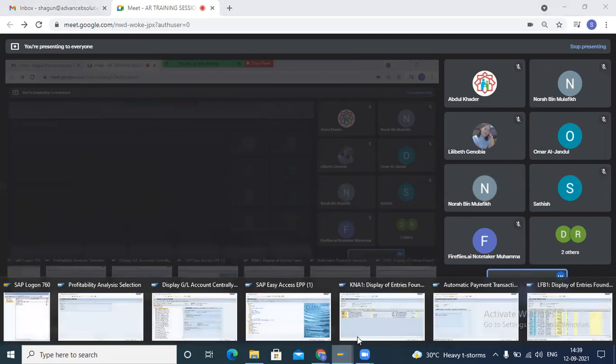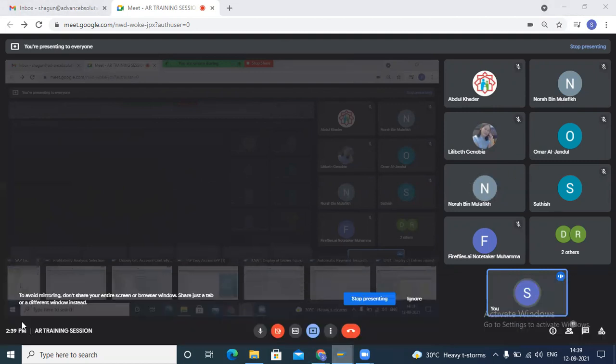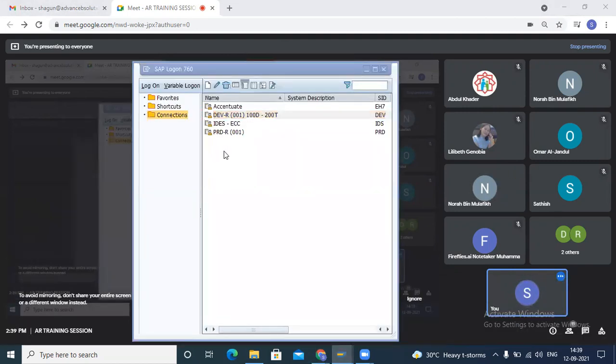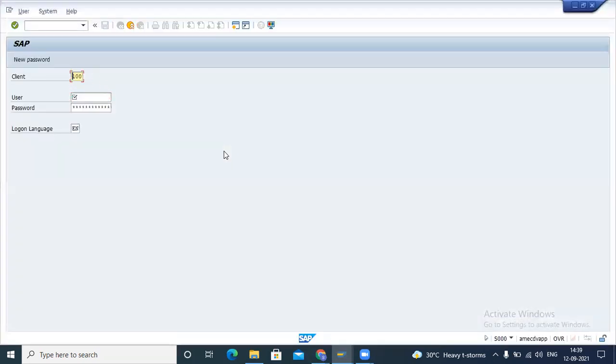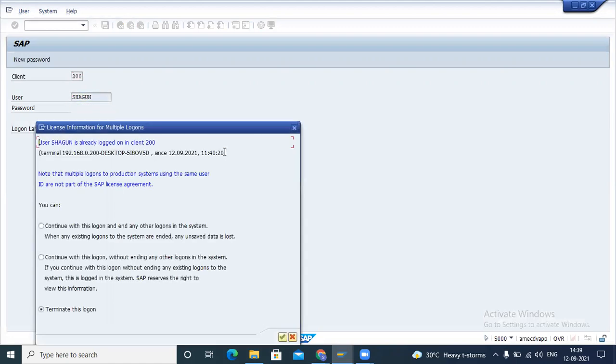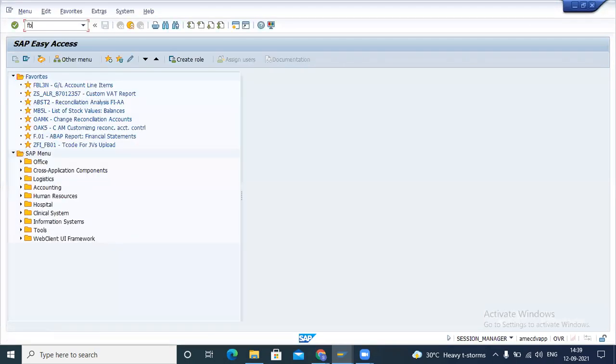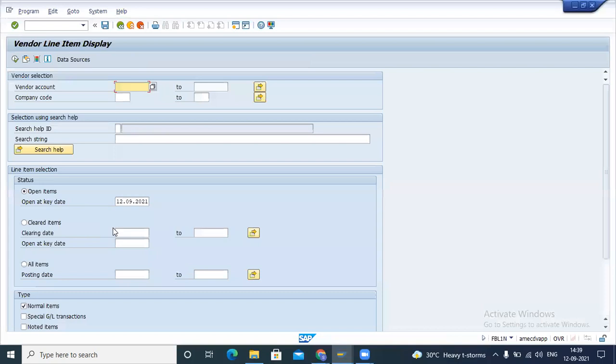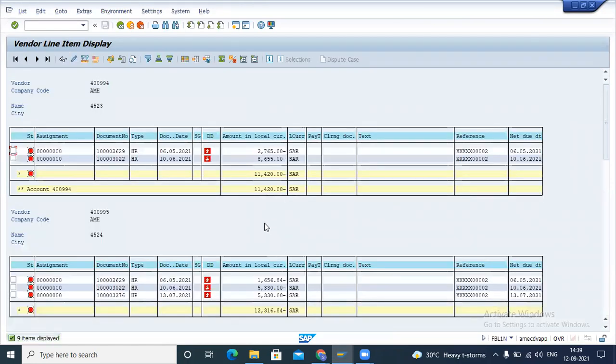Okay, so I'm starting my system. Just taking an example, I am opening a few vendor accounts, 40100, the open invoices which need to be paid.